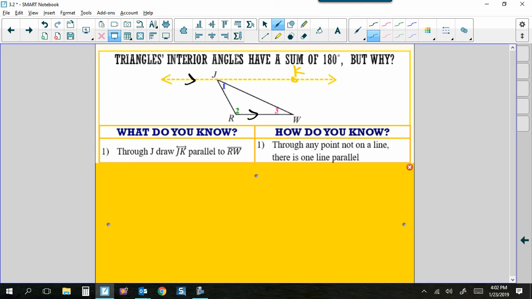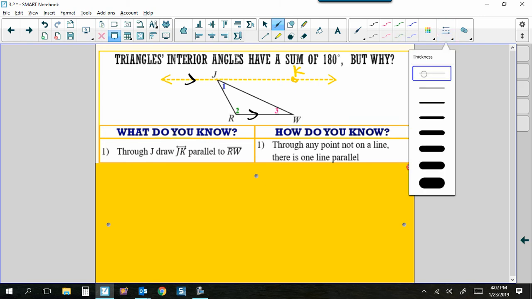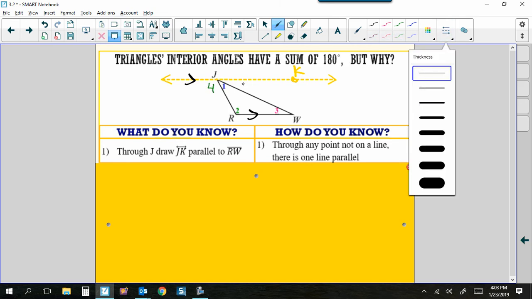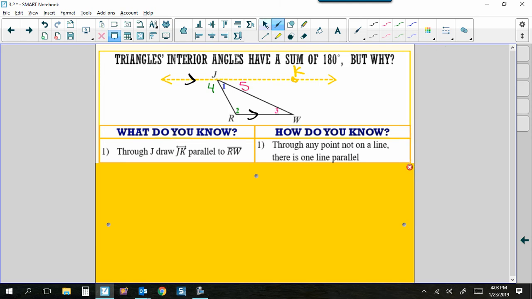And what that does is it makes some more angles. So we have angles 1, 2, and 3 already given to us, so I'm going to have you all now make this angle right here, this obtuse angle. I'm going to say that it is angle 4. And then I'm going to have you draw that this acute angle right here that we just created by drawing this line, we're going to say that that is angle 5.